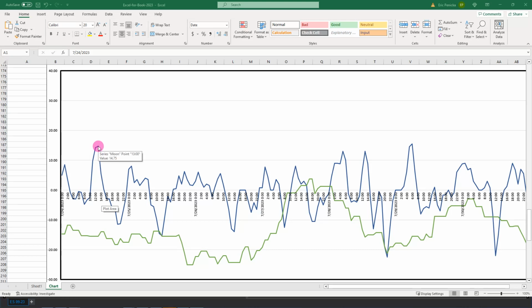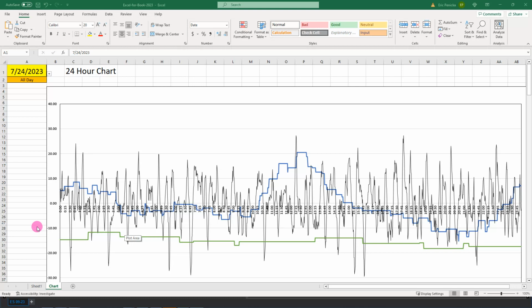And on this Excel calculator, if I hold my cursor on this blue line here, you see the moon point is 1300 hours. So that's how you can read this particular chart. Anyhow, this will give you the general guide for the week ahead. And then I'm going to